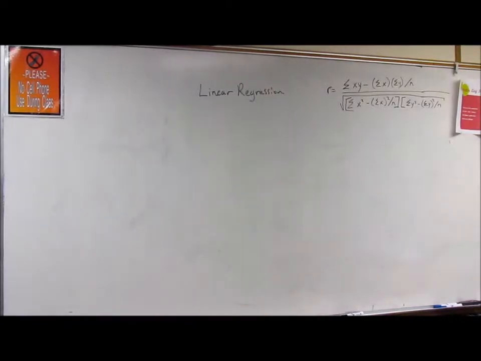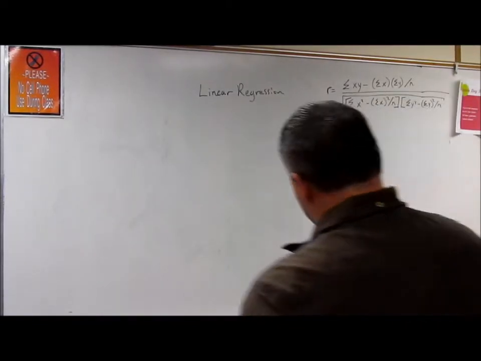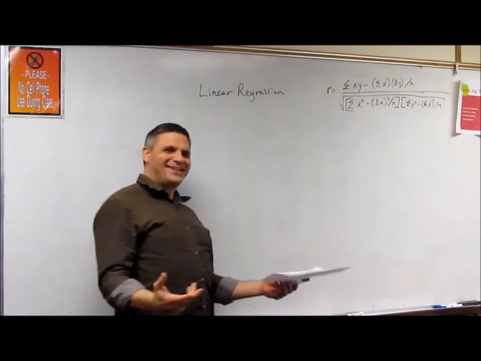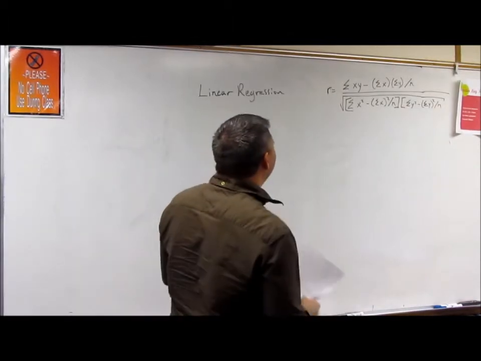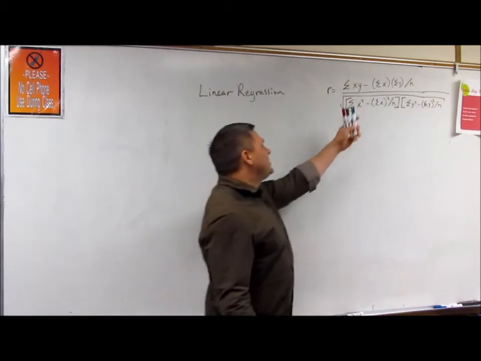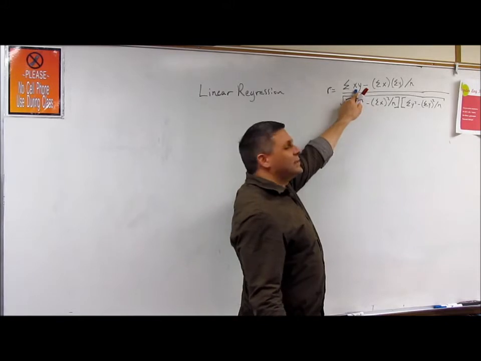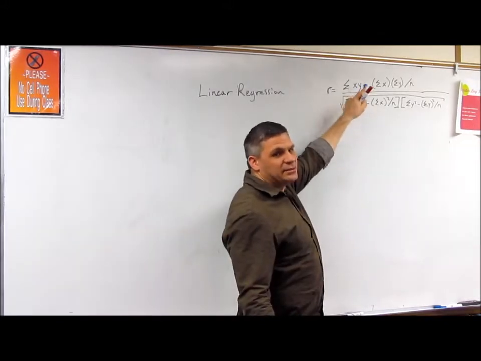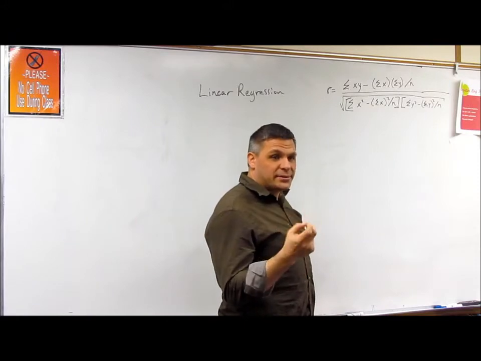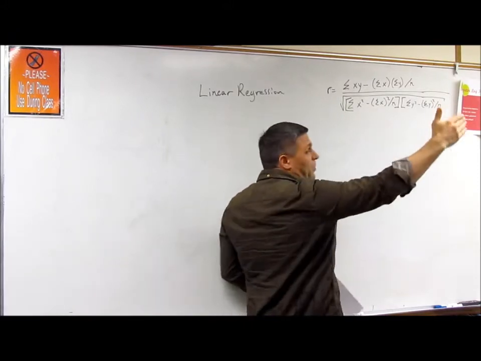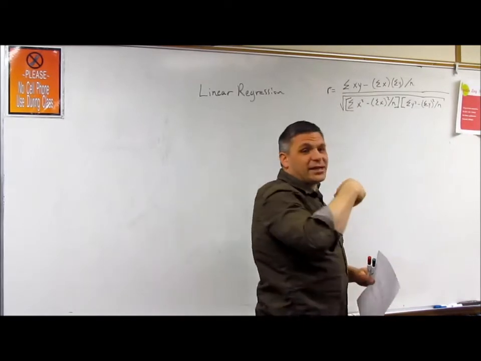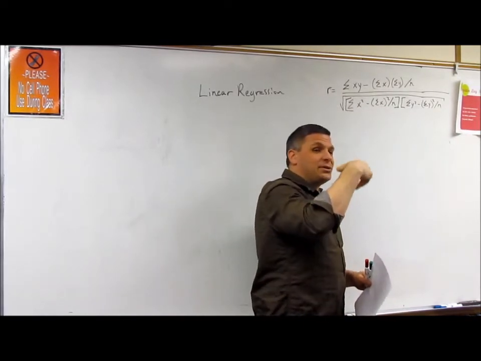Alright, linear regression. Linear regression can be summed up with a simple equation. How do you like that? Simple. Okay, so this is the simple equation. And it's basically the sum of the x times the y. So the sum of the product of the coordinates, right? Of each coordinate. So the x sub 1 times y sub 1, and the x sub 2, y sub 2, and the x